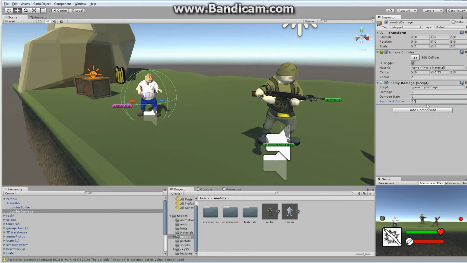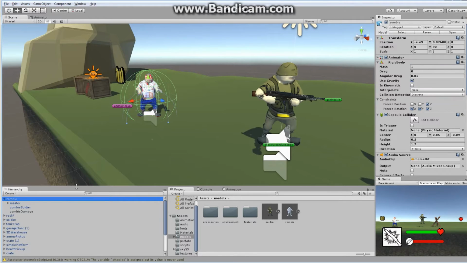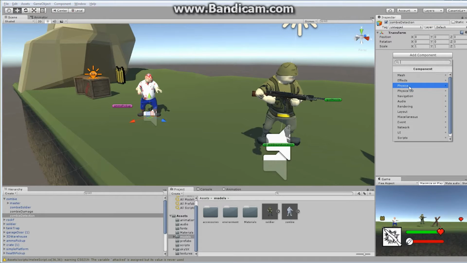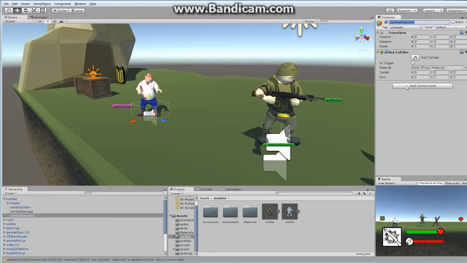Now, I'm going to go back up to the zombie, and I'm going to create a brand new empty child again. And this time I'm going to call this zombie detection. The zombie detection is going to be the area in which the zombie itself detects our player. So the zombie itself is going to detect our player within a certain zone. So the first thing I have to add, obviously, add component, is a physics. I'm going to add a box collider this time. And the box collider is going to be a long, skinny box collider. So let's put this at,